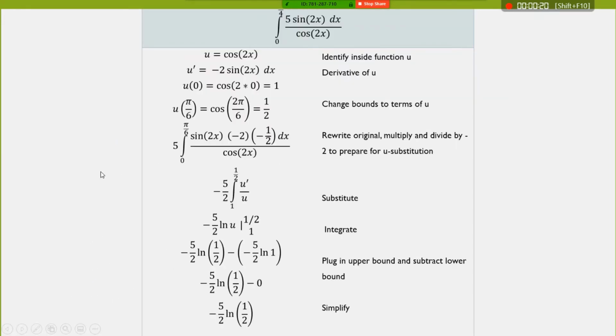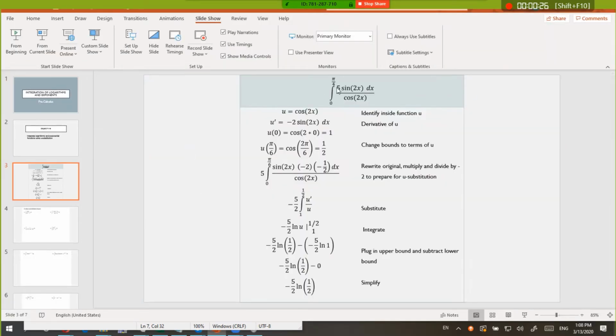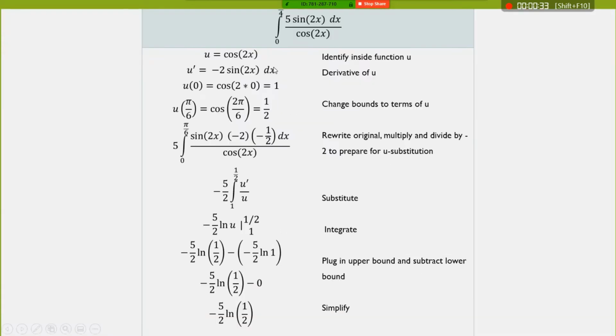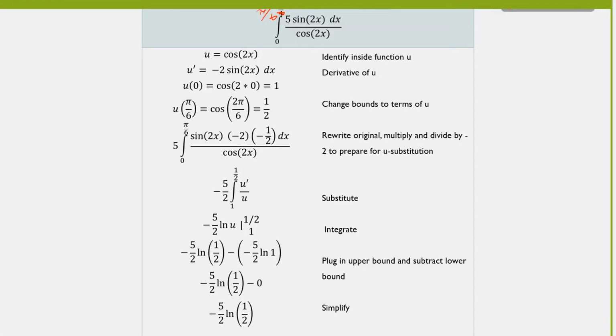So I'm going to walk through one example and just realized I didn't update the slide. So change this because this one wasn't possible, but I'm going to write over it, I guess. This should be pi/6. I've changed it everywhere in the problem except right at the top line. There we go. Okay, so I'm going to integrate from 0 to pi/6 of 5 sine 2x dx over